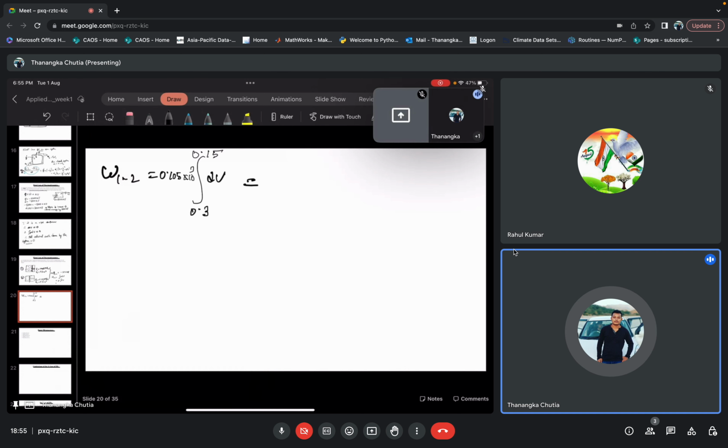So this is 0.105 into 10 to the power 3 into (0.15 minus 0.3) kilojoule. This will give you minus